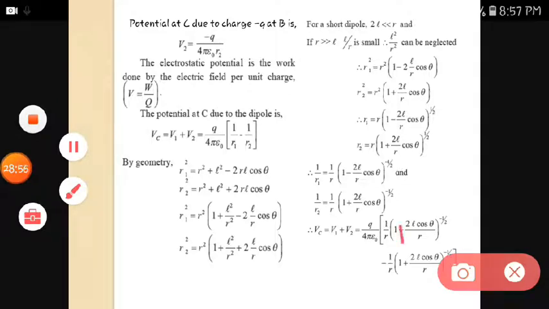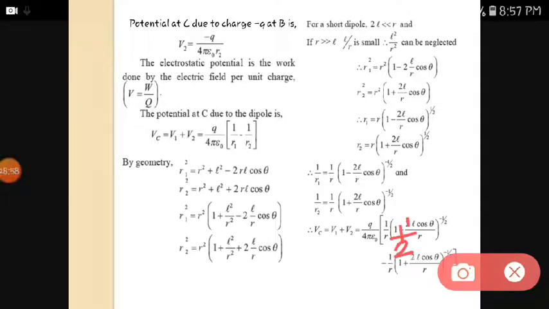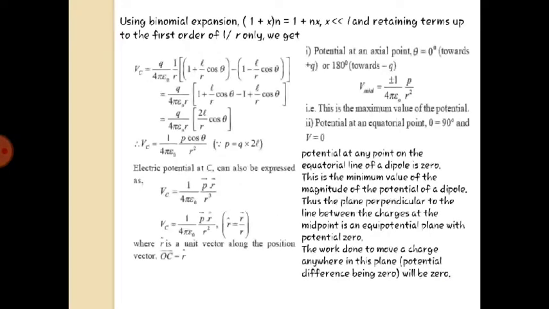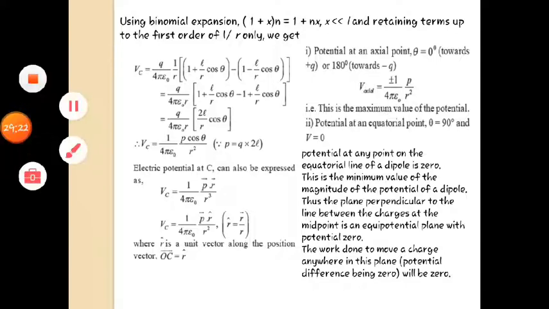If minus half is multiplied over here, minus half into 2L cos theta, so this 2 will get cancelled. It is having only L cos theta. In this also, minus half gets multiplied to 2L cos theta, 2 will get cancelled. So in that way, we are having these two terms, by using binomial expansion. So you are getting this